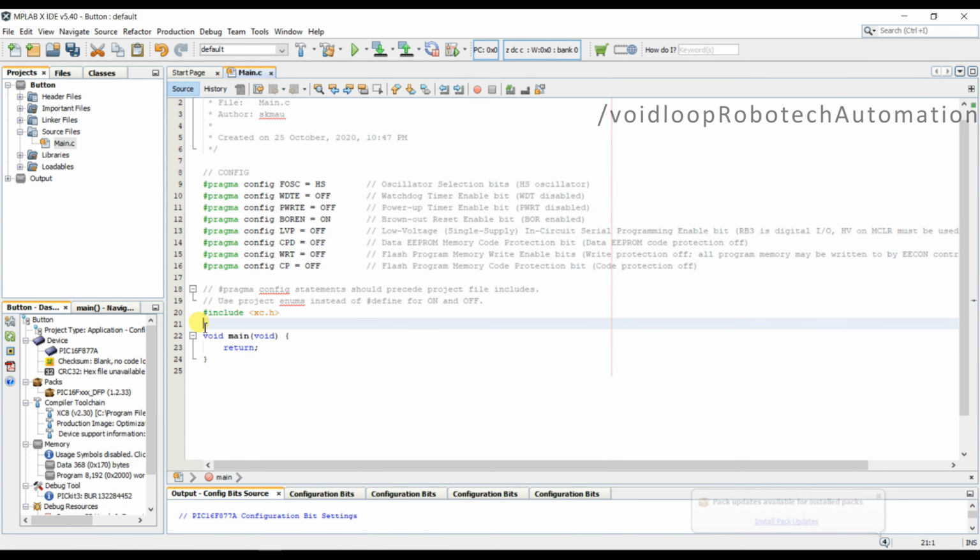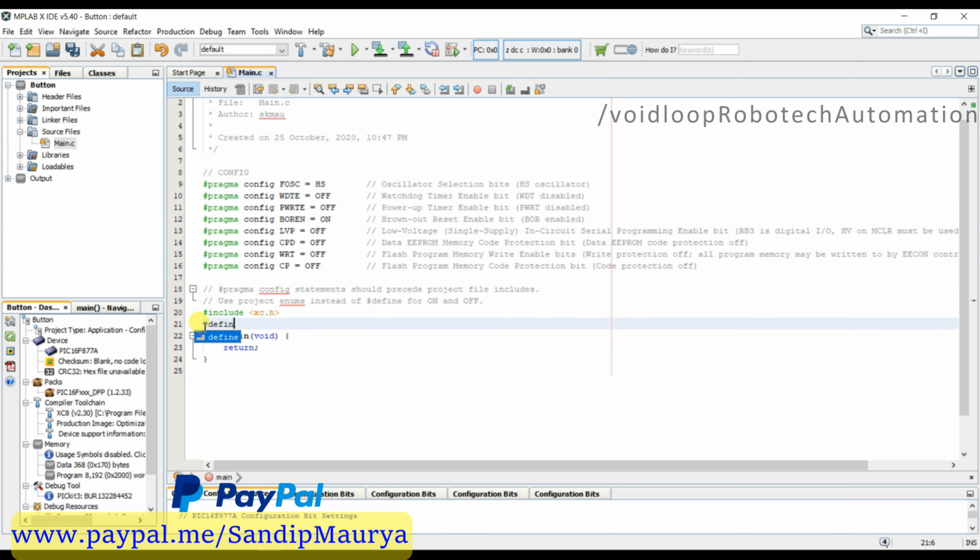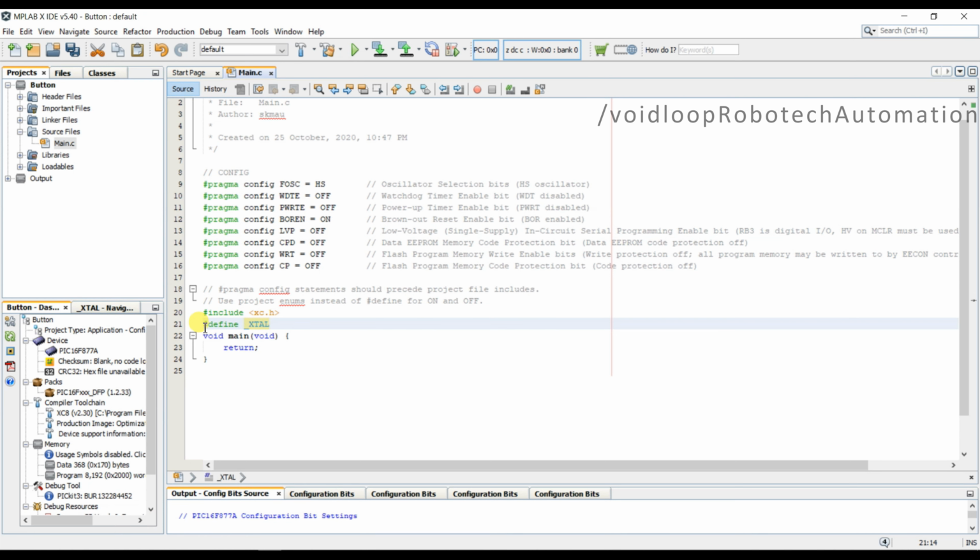Here I will define the crystal frequency. So define _XTAL_FREQ, and it is 8 MHz. So 8000000. Okay, now I will